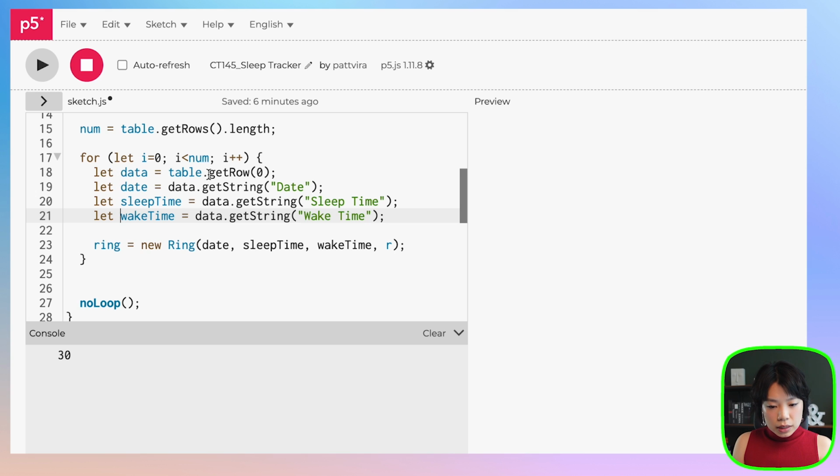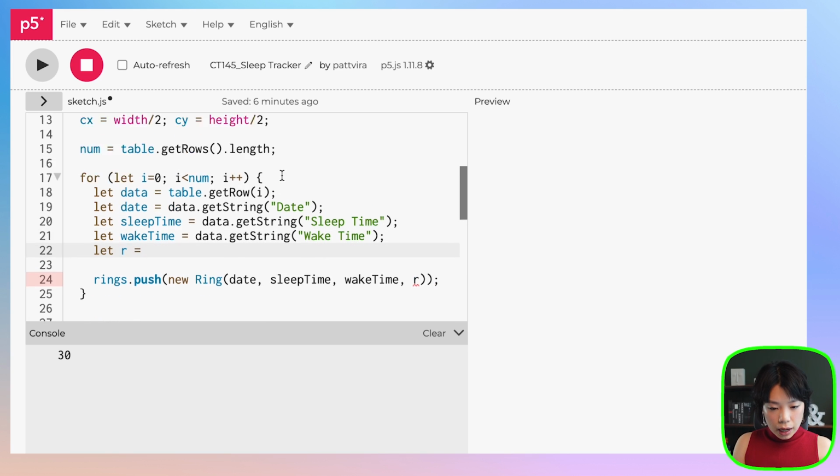So data is going to be table.getRow of index I, and then we have all of these, and then basically we just need to push it inside the array ring, right? Push new ring of date, sleep time, and R. And actually, instead of having R as